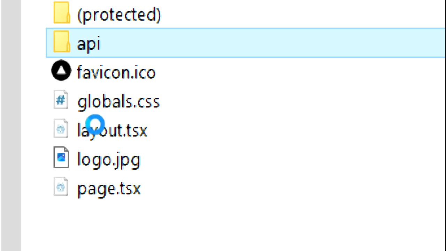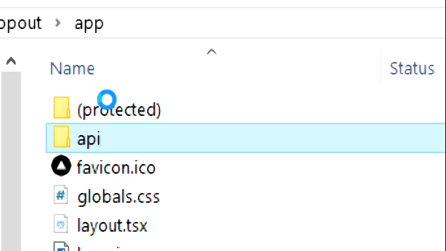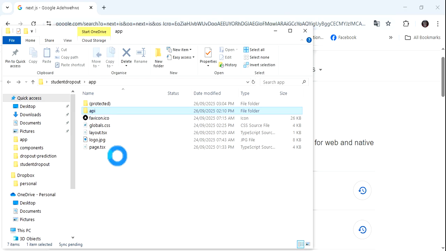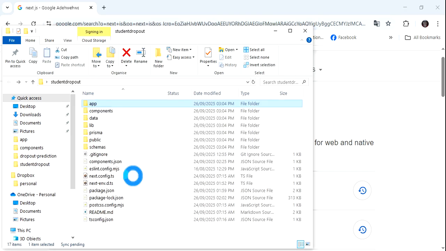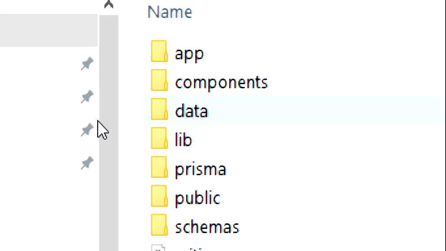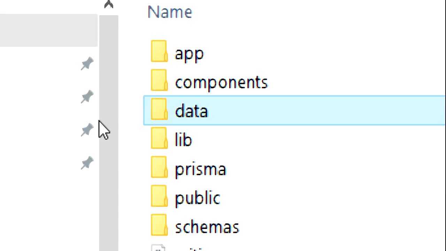Apart from that, all these are your front end files. What the system is using for backend for now is this. When you open this folder,